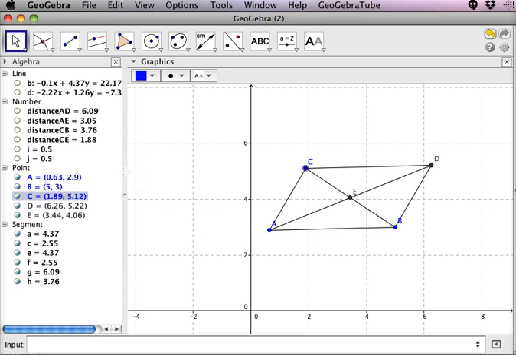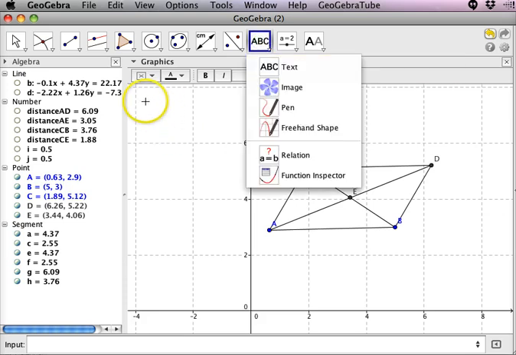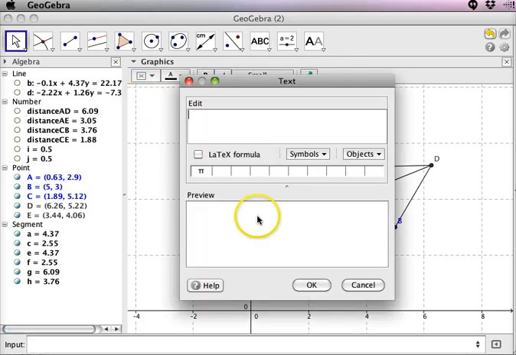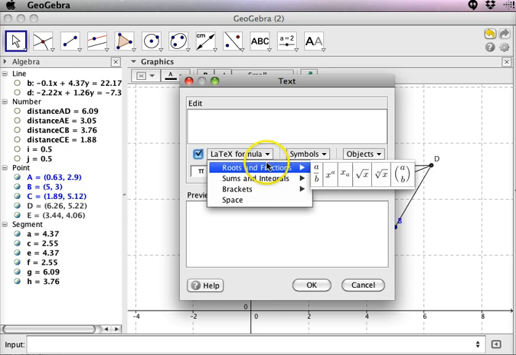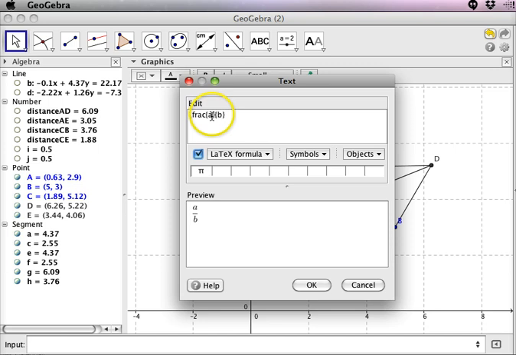If I want to make it look a little nicer, I can do a couple other things too with this little text tool. So maybe I'll just grab this text and I'll draw a little text box out here. And if I turn on this formula bar, then I can make things look really nice. I can hit this drop down, roots and fractions. I'm going to go with fractions. So I'm going to say